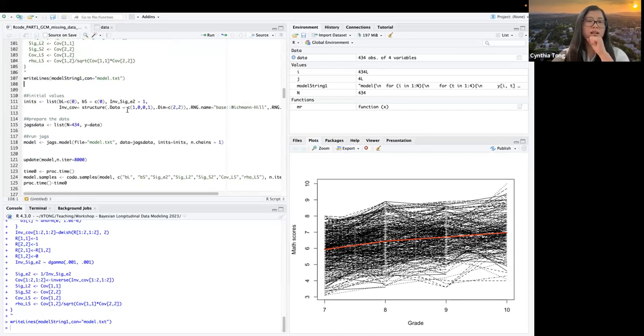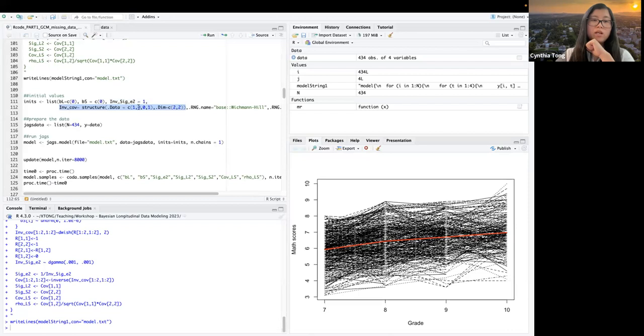Okay, and then after that, I set my initial values, which is a list. So we have initial values for the average intercept, initial values for the average slope, initial values for the level 1 residual variance, and also the initial values for the covariance matrix for the second level of the model.